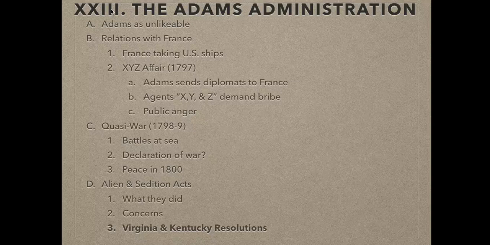Now, you want to highlight that and remember it, and I'm going to tell you why. Probably not until after our second exam, but when we get to the decades leading up to the Civil War, we're going to see this issue returned to. Is it possible, is it legal for a state to declare that a federal law is unconstitutional and say that they have the right not to follow it? This issue is going to come up more than once, particularly in regards to issues of slavery.